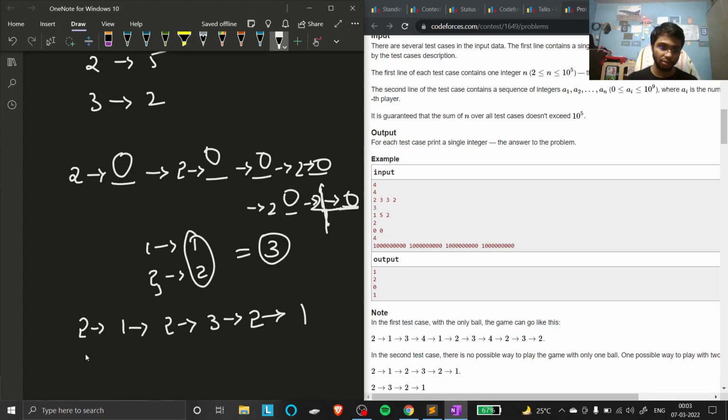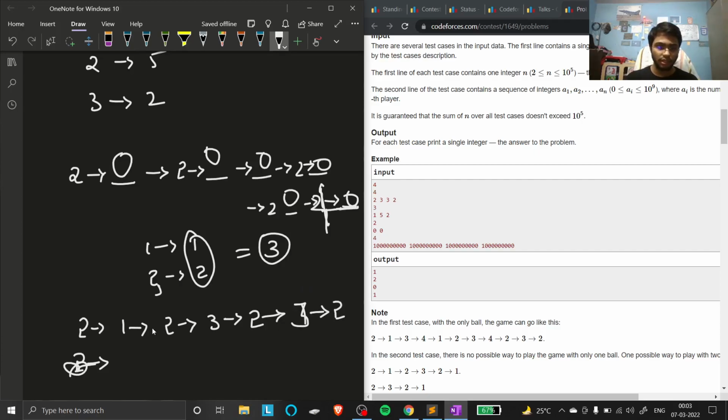After that he needs to change the ball. So he would start again from two. So two can again start because one now could not do anything. But let's see that three could pass now. Three could pass. So okay, fine. So we had taken three here. So three would again pass to two.